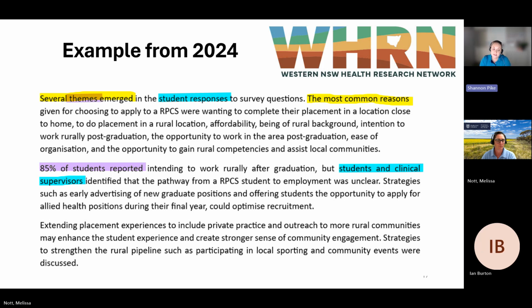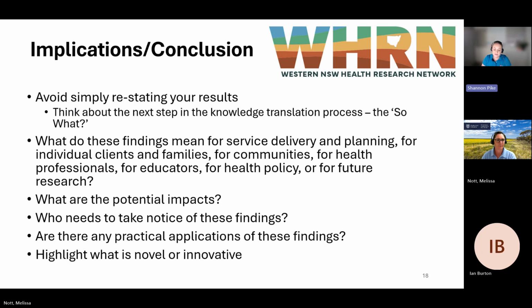So providing the quantitative, 85%, but also in the top 3 sentences there, the qualitative findings with the themes. So that's the way that they analyse that data. So some of this does overlap, but you can see how the author was able to pull it together and present those key findings. Moving on to the implications and conclusions, it can be quite easy to restate your results,